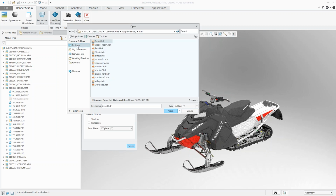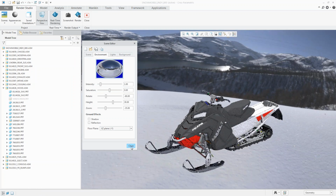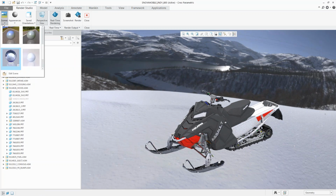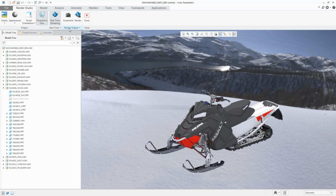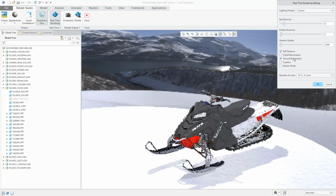So, with this, let's bring in something that will make our Polaris vehicle pop out. Right, so we have a custom HDR here that we could bring in. Right, let's say we want to modify the lighting here, kind of represent a sunny day in Colorado up in the mountains. So let's go ahead and do our editing, our ground illumination, and just mess around with how the lighting